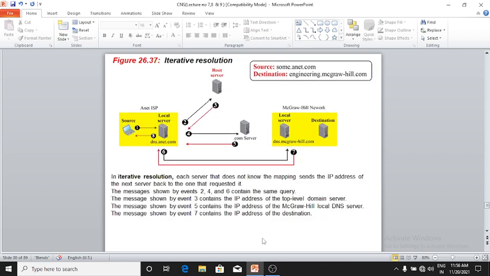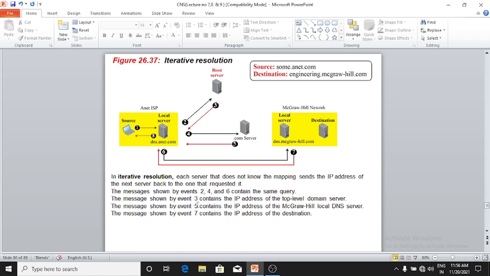Here is the iterative resolution. In iterative resolution, each server that does not know the mapping sends the IP address of the next server back to the one that requested it. The messages shown by events 2, 4 and 6 contain the same query.